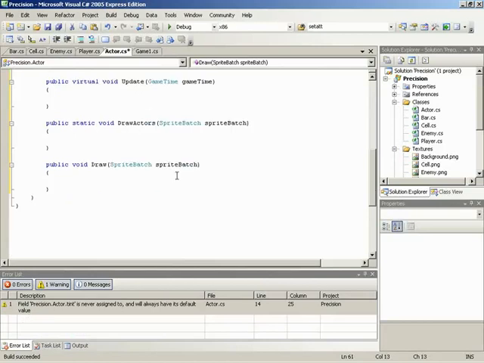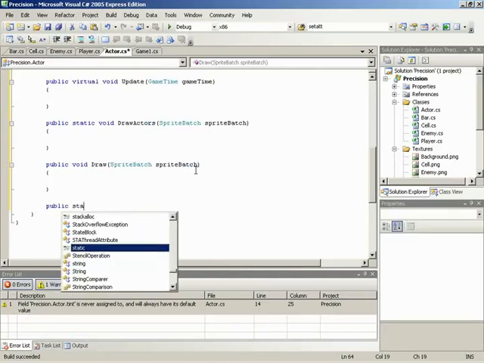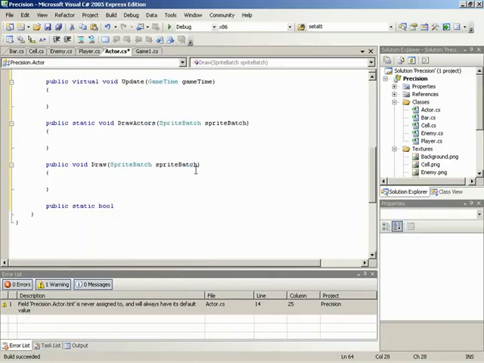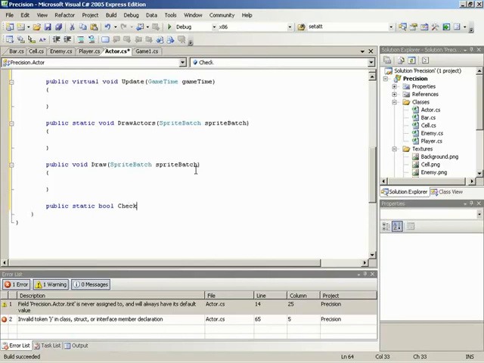Okay. And now we've got another static one to put in there, which is going to be a static method for check collision between actor A and actor B. This will be a public static Boolean now, because we want to return a true or false. True represents a collision and false represents no collision. So public static bool check collision, and we're going to take in 2 actors to use in the